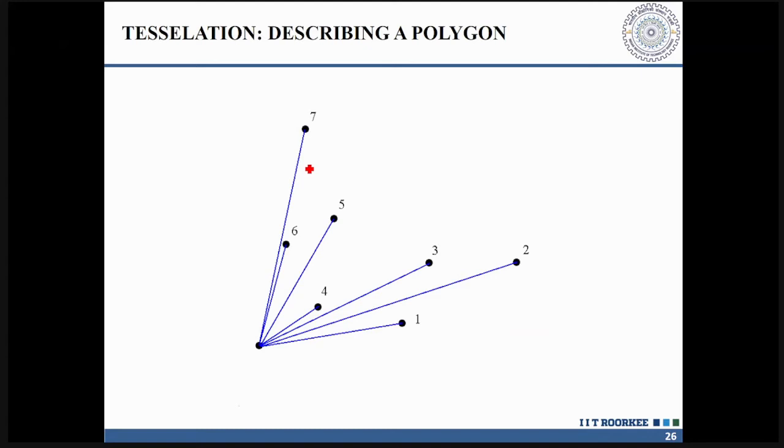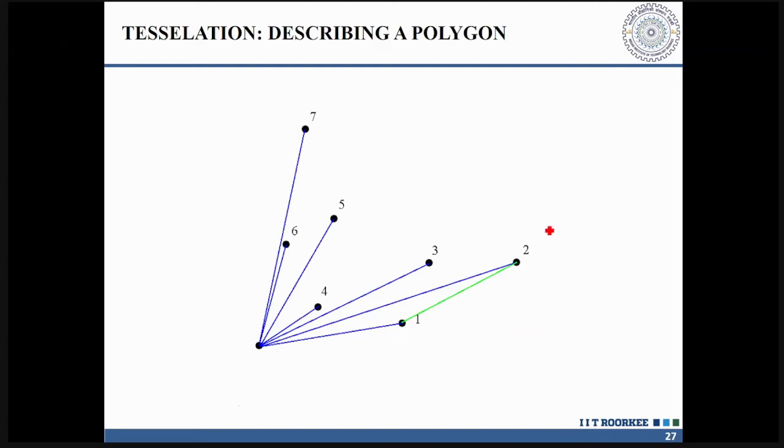Wherever you make a left turn, good turn. Wherever you make a right turn, that's a bad turn, not a good turn at all. So I start moving from 0. Let us mark this as 0. From 0, move to 1. When you are at 1, this is your position. You have to move from 1 to 2. You will be making a turn in the left direction. Left is a good turn.